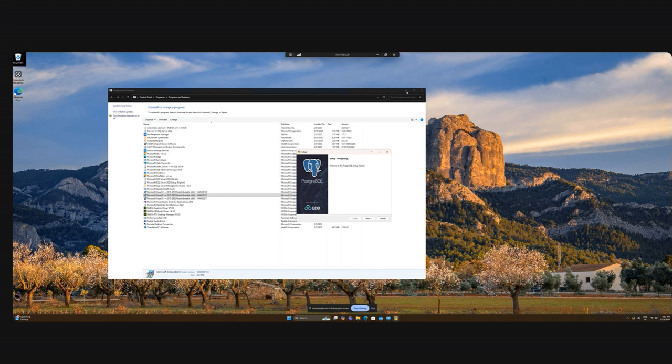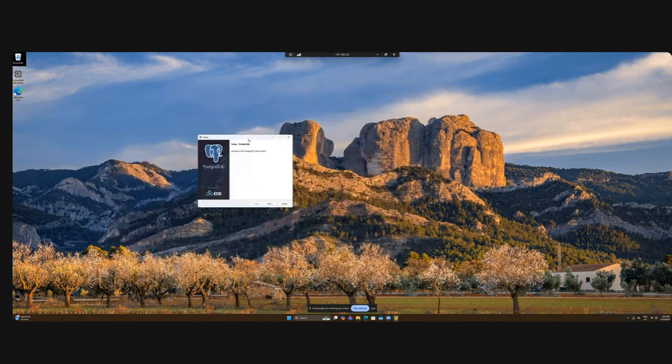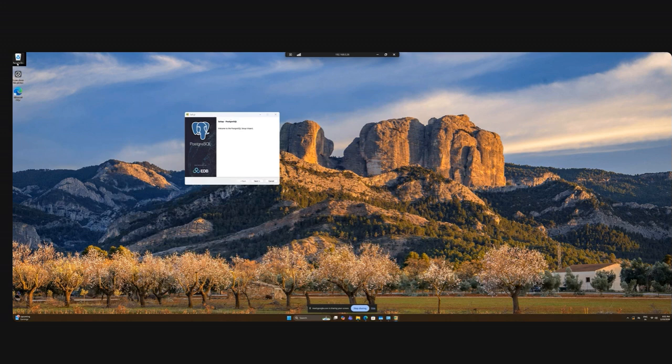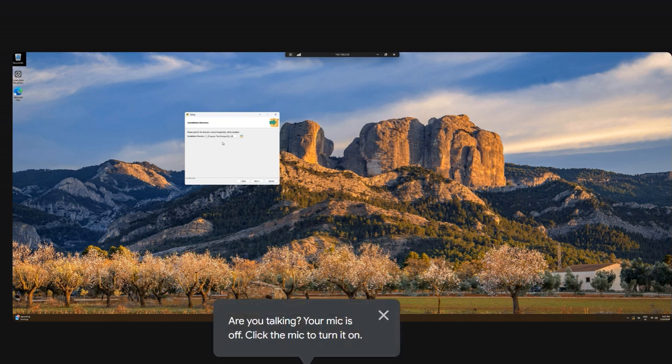Okay, just minimize this, and I'll click next. In the next screen it asks for the installation directory. This is the default directory, and I'll go with it. If you have multiple drives on your laptop or desktop, like a D drive or E drive, it's up to you. Just make sure that the drive you are installing on